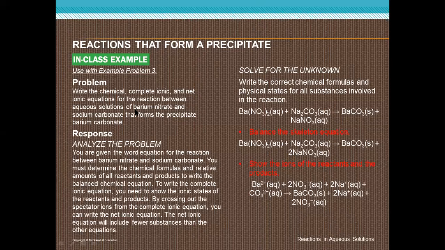Mahmoud, can you answer me? What is the question? Why we didn't separate BaCO3 in this equation? Also, we separated BaNO3 into Ba only and 2NO3, and separated Na2CO3 into 2Na only plus CO3. But why we didn't separate BaCO3? I don't know. Okay,